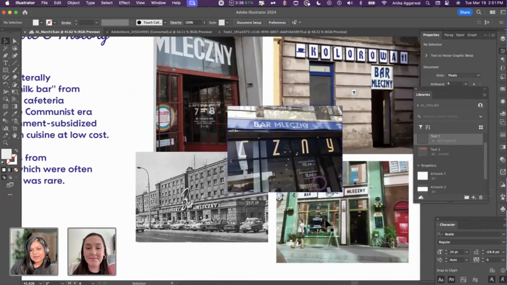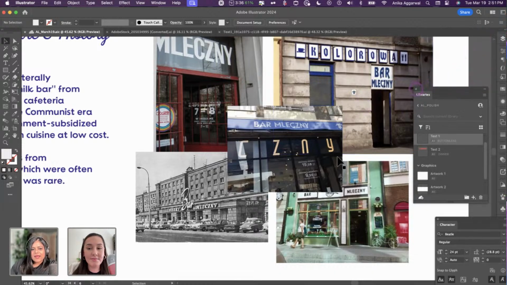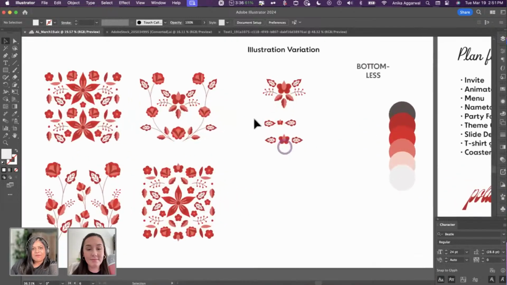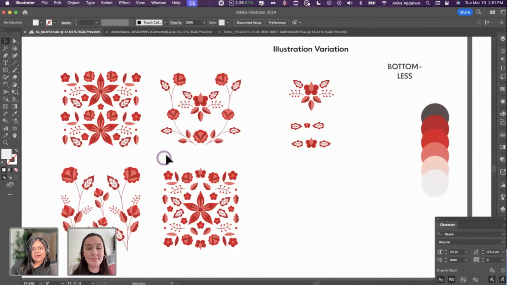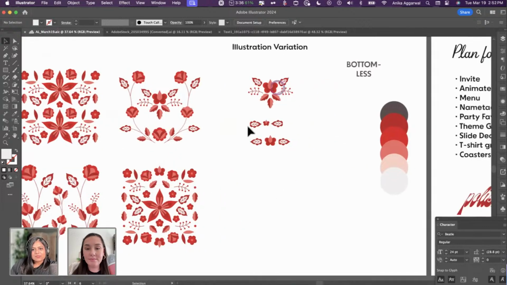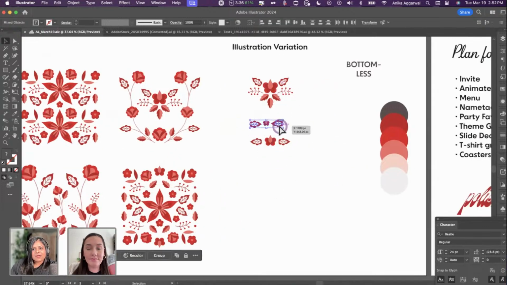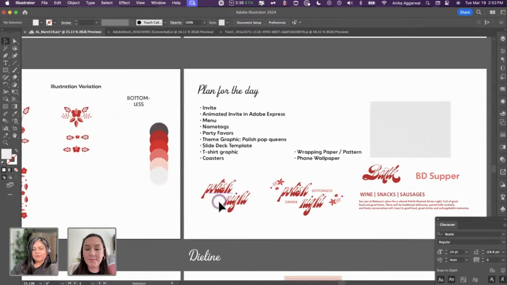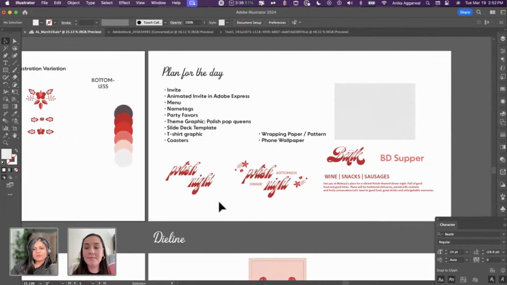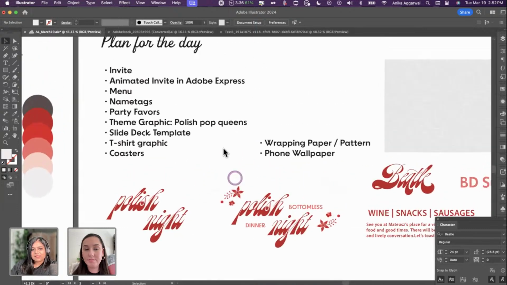So all of these glyphs tell me a story, and I think I wanted to implement that in the design for my audience, which was my friends. And so I went to Adobe Stock and found this illustration here, which I decided to have extended license for, and then I can make illustration variations of it and use them in my designs. With these colors as my primary colors, I wanted to keep it a very monochrome color palette to pay ode to the Polish flag, which is red and white. And so I used some of these things.